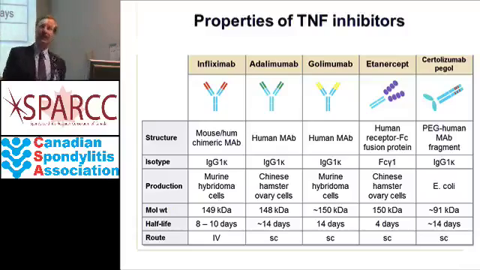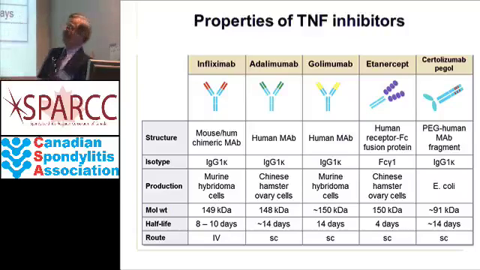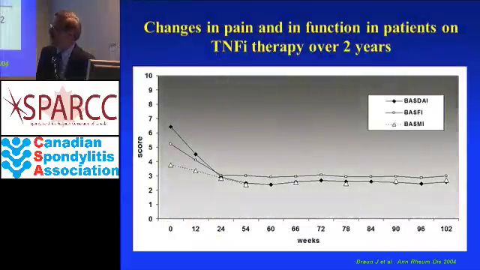Another trick of molecular biology is that, although they started out in a mouse system, they're almost all humanized now. So most of these molecules are what we call fully humanized. It's a human antibody that's getting injected in your skin to block the effect. And they've been very effective for many, many of our patients, as you know.